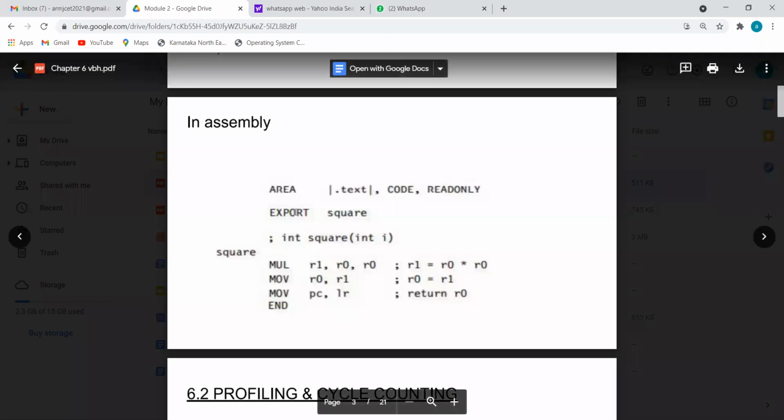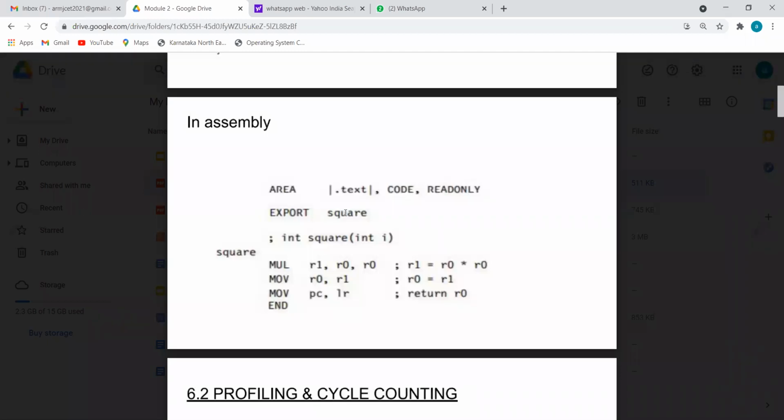Okay, so call a function called square, EXPORT square, that means call a UDF. So where is square? Square is here. The same value multiplied, that is going to be stored in another variable, I into I. So we will get here I into I, that value I am going to copy into R1. Next, R1 I am going to copy into R1. Leave this portion. Okay, here this line is important, R0 and R1.